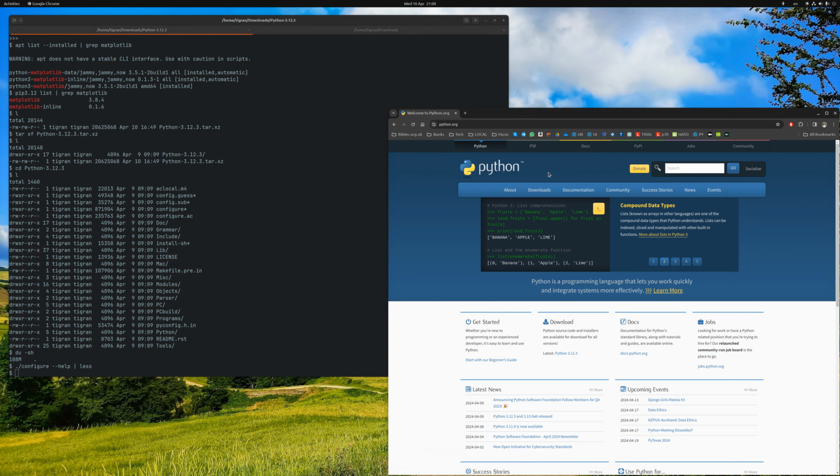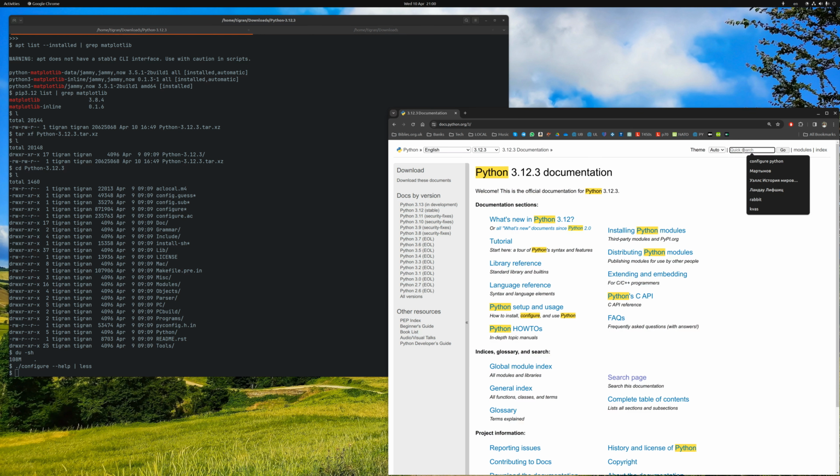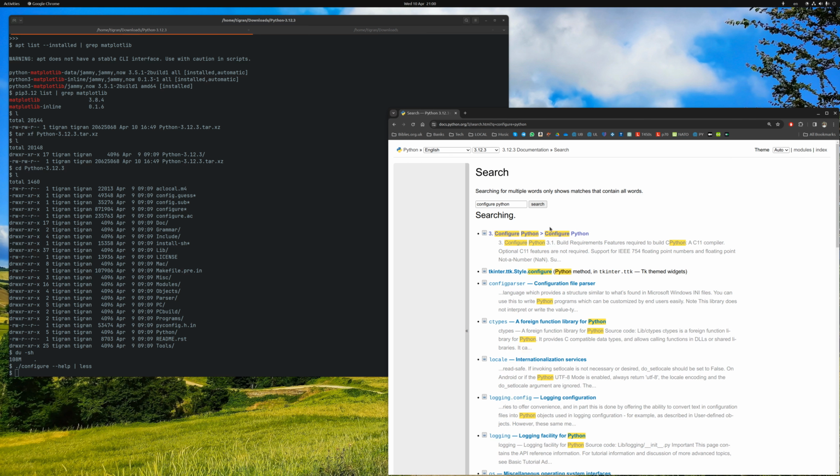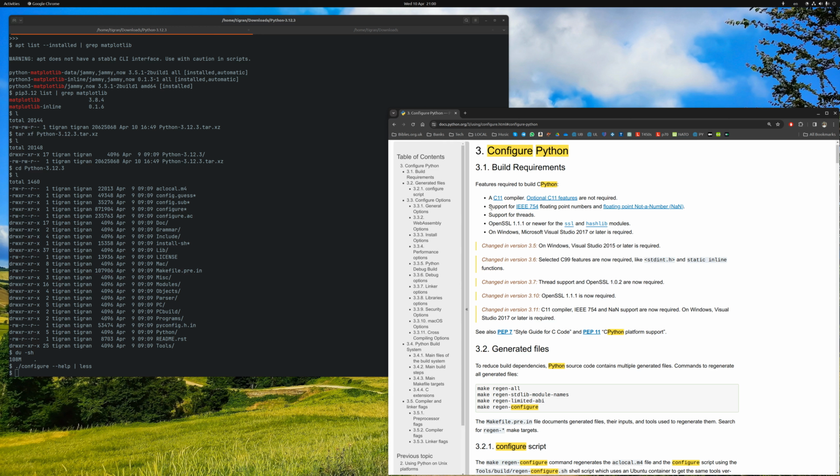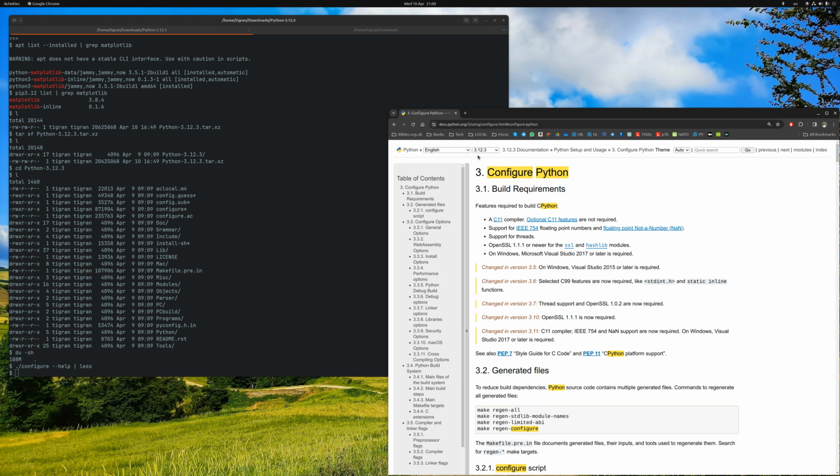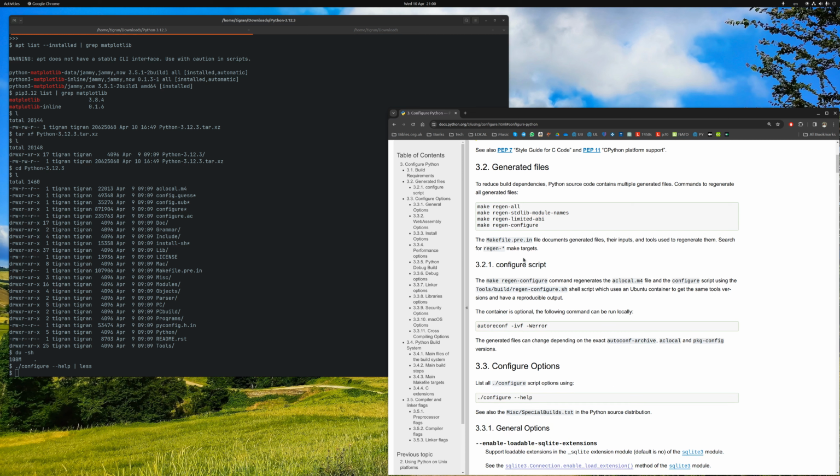A better way is to go to the python.org website, go to the Python docs, and here you just search for configure Python, and just make sure that the documentation you're reading is for the latest version. Get rid of this yellow stuff. Okay, so this is a